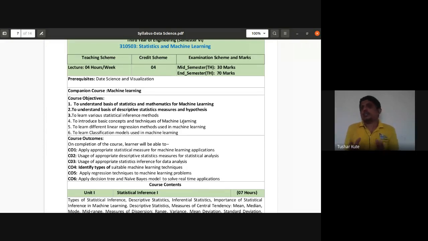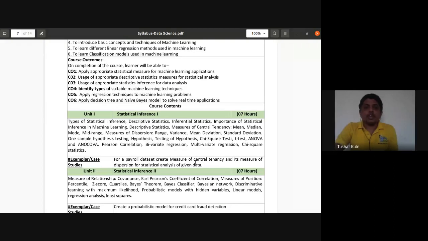See, this subject is only theory, but we'll learn the practical point of view also. When you see things practically, you will get to know more in detail, because theoretically it sometimes seems difficult to understand the concept. So for almost every concept, if it is possible, I'll show it practically using the Python programming language. In detail, we'll try to understand the respective concepts. The aim of this subject is to learn about statistics most probably, and then machine learning. Machine learning is not the main focus. The prime part is to understand the statistics behind it.